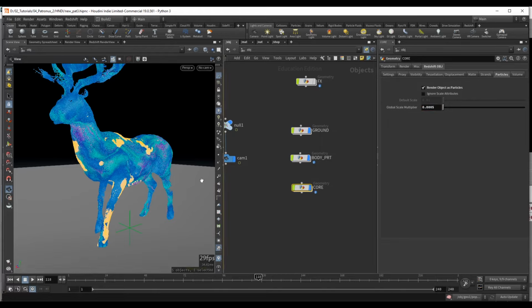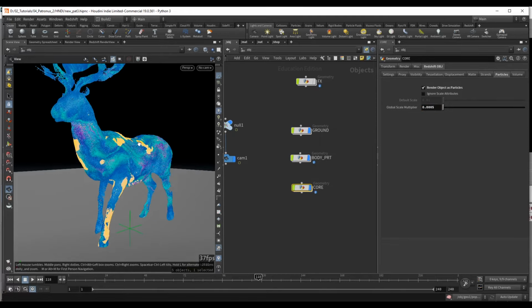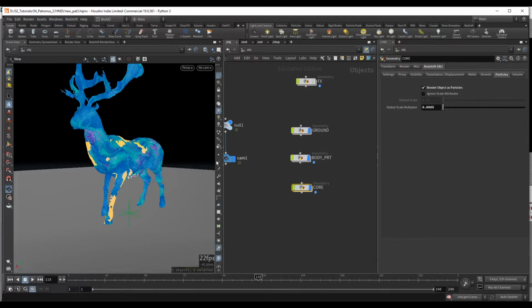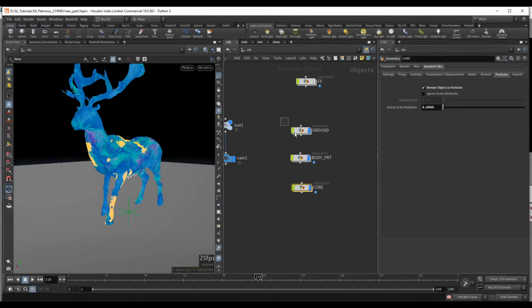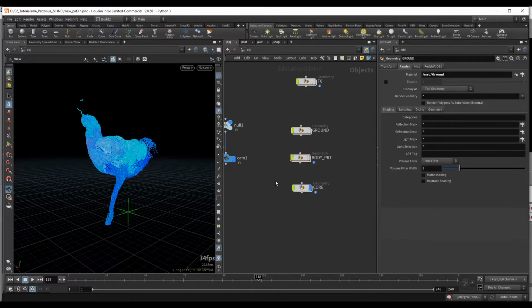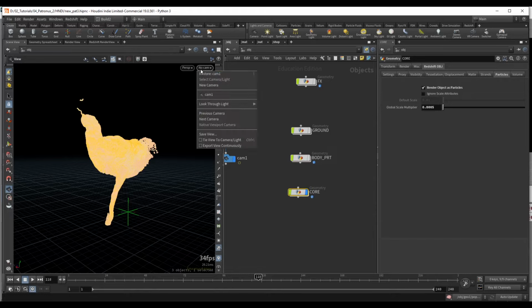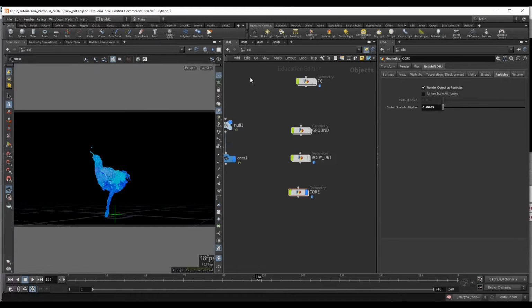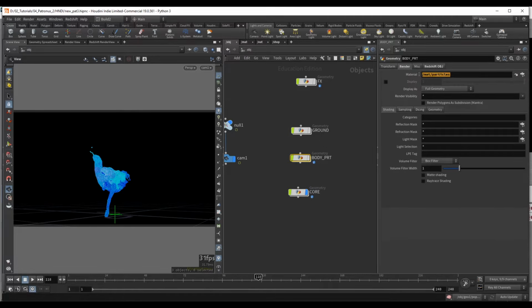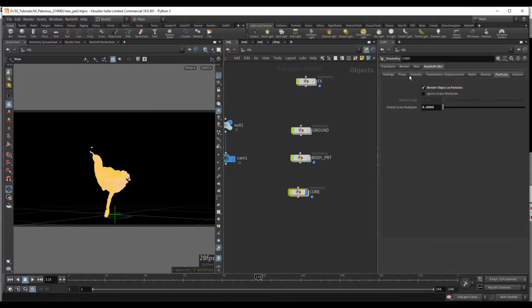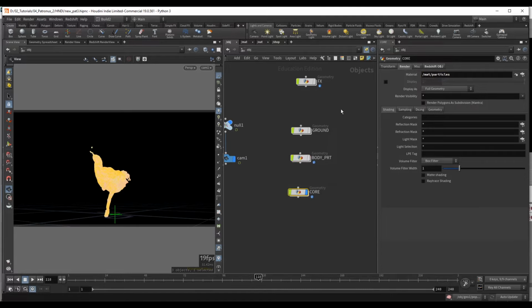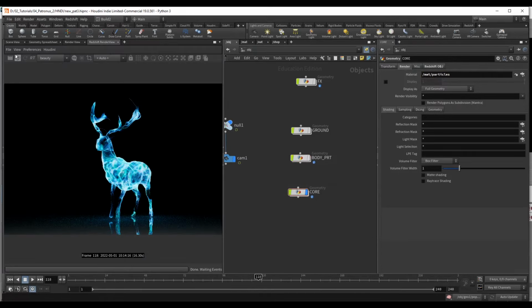So for the core we will just render the core, and we are not gonna worry really about the reflections on the ground and the GI. So let's disable these objects as well and just have the core on our screen. Go inside our camera, and yep, let's grab the same materials. So for this body PRT, let's grab the materials we had for this and copy it to our core object. Okay, so if I go inside the Redshift render view and hit play, we should see our core